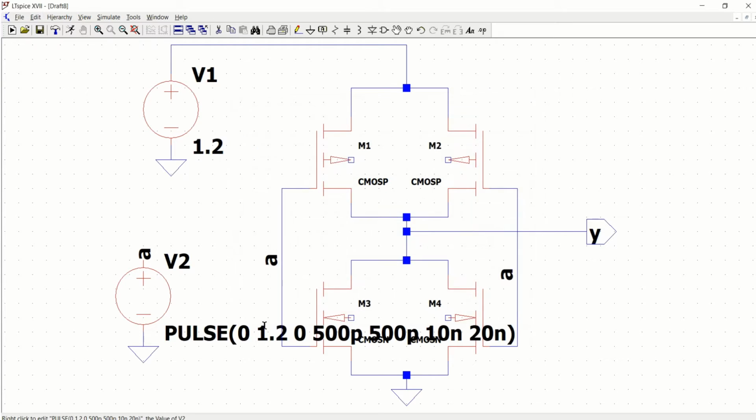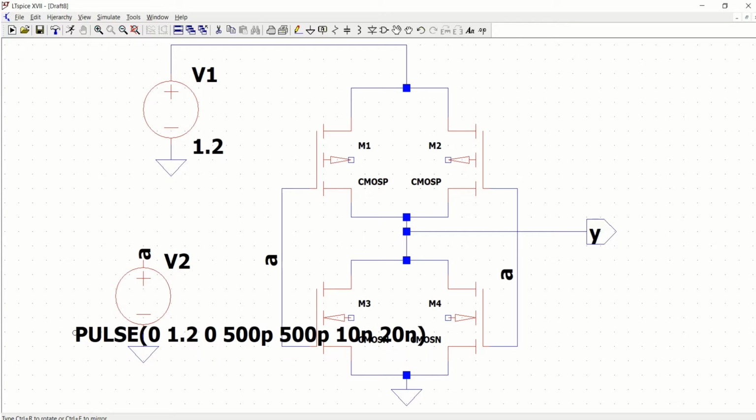Click OK. Now the pulse is defined as the input for this. The inverter schematic is completed. If you want, you can move this by using the pulse.